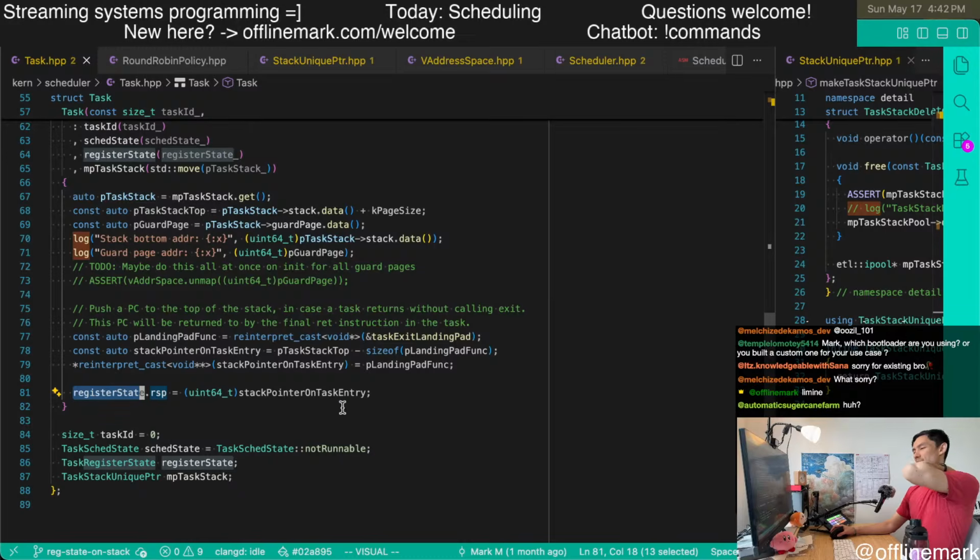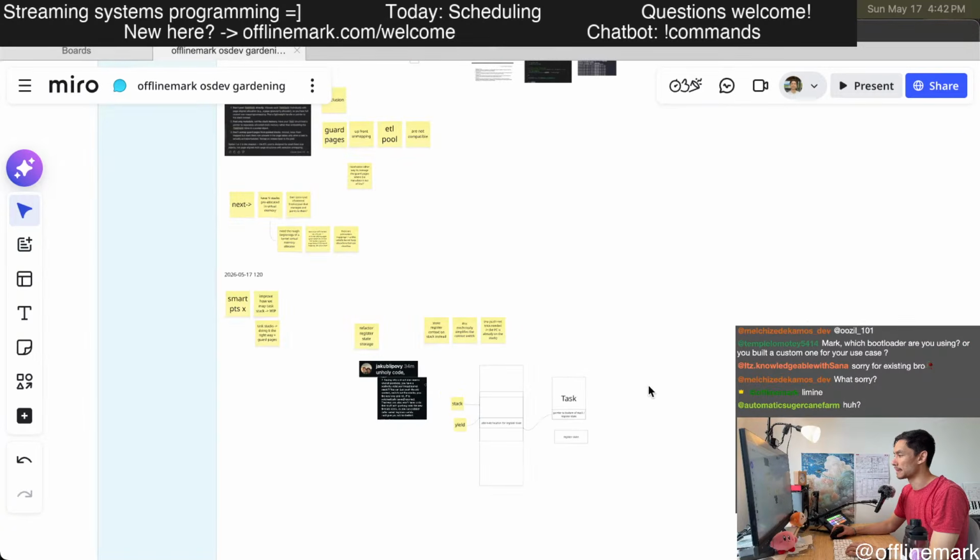This is kind of interesting, because I am actively using the fact that a task stores a register state in order to initialize it properly. So that's one thing I didn't consider.